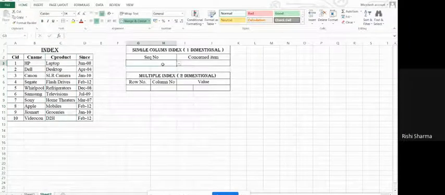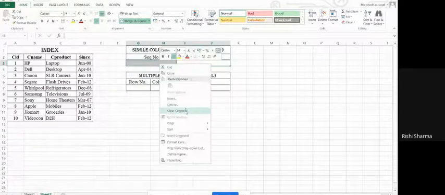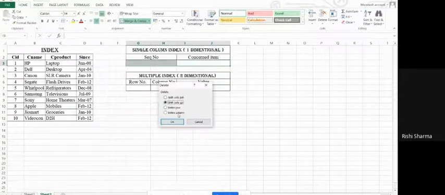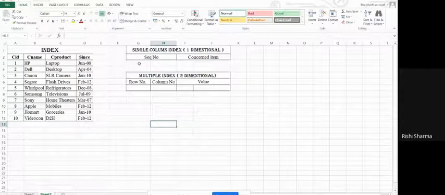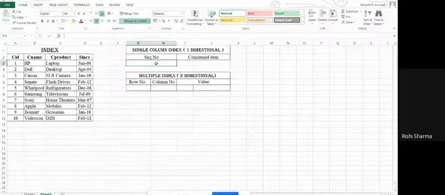So now let's see how it works. First of all, let me just delete this. Okay. So what I'm doing right now, this is a sequence number. Sequence number means the position that I want to find, that is, at what position the item is placed. There are 10 items, so obviously the item will be anywhere from the first position up to the 10th position. So there are two ways to put the values.